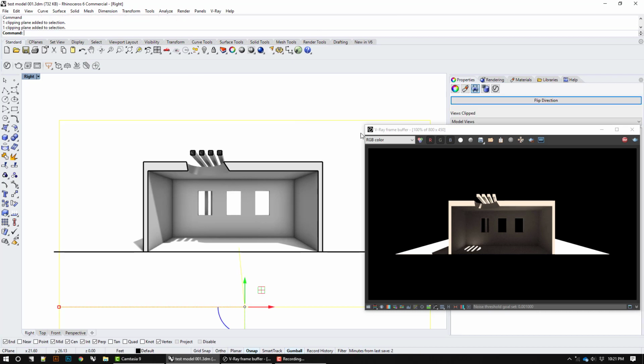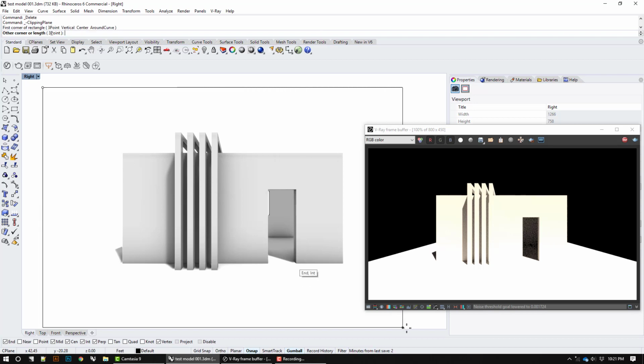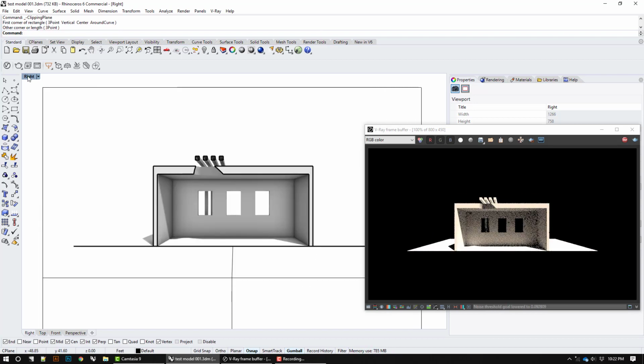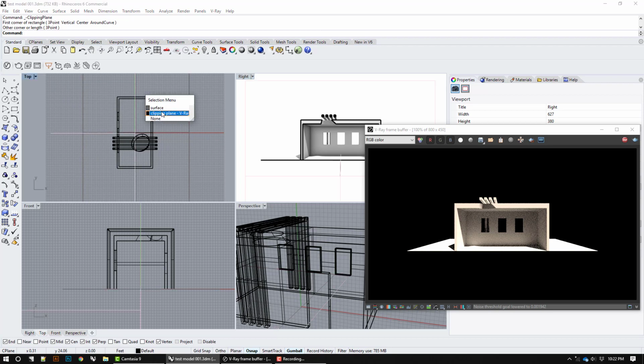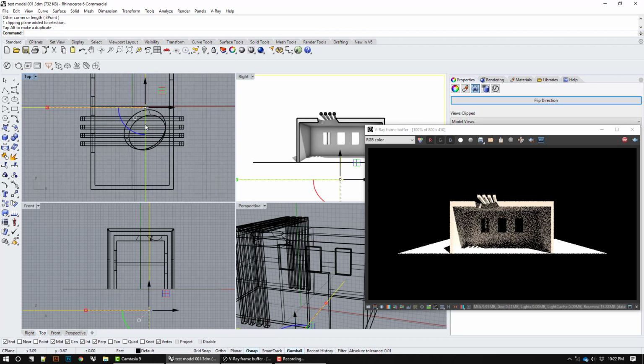So I got a camera already built that's got a perspective. I want to see the effect of the light through the screening device that I have, like this Oculus. So if I get rid of that, I go to the clipper plane and you just draw a rectangle, and you can move the plane in the top view and get the effect you want. I'm putting it right in the center of this object here, and that's going to give me the result here. Now you'll notice, and you've got to be careful about this, that the way it's currently cut,